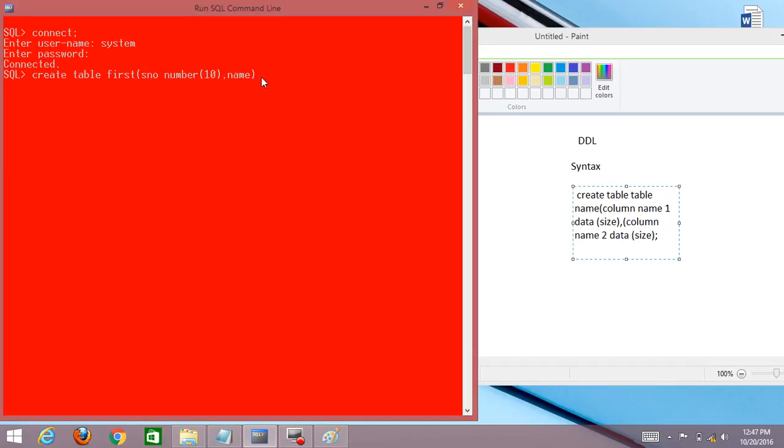Please observe deeply and write down in your copies. Varchar, then a bracket, and enter. Table is created. You saw clearly, table is created.